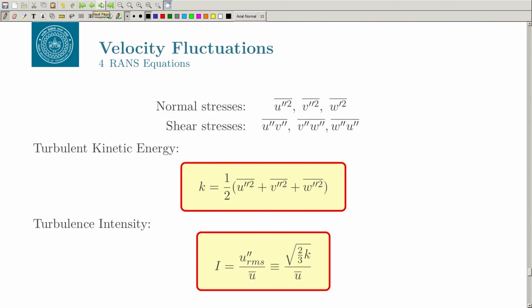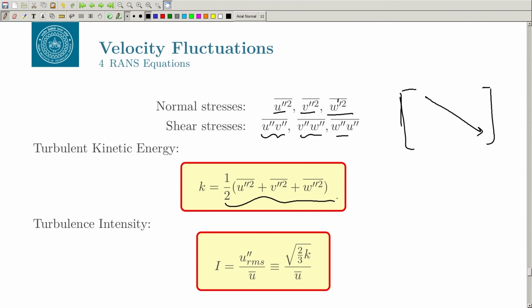So, like in the incompressible flow, we have three normal stresses, u double prime square, v double prime square, and w double prime square. And we have three independent shear stresses. So it is a 3 by 3 tensor, a matrix. The three isotropic terms, which are the normal stresses, give you the turbulence kinetic energy. Then we have three additional terms, the shear stresses, and they are symmetric. So we have 6 independent terms